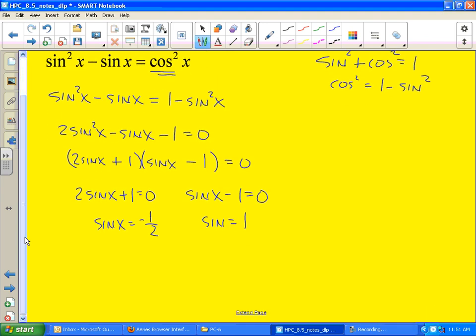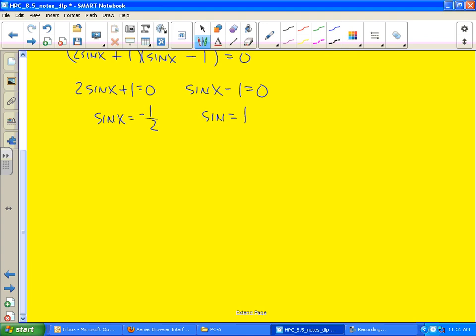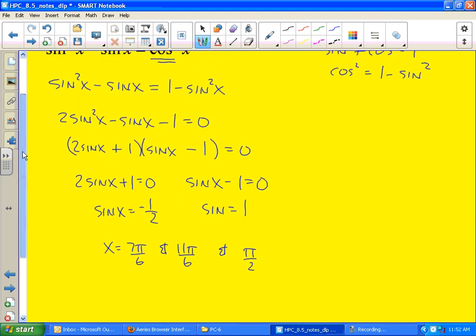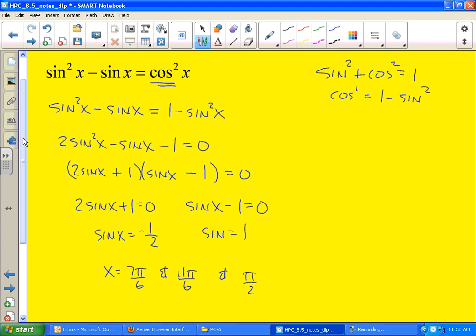And then we're in radians, so what's our radian answer for this negative 1/2 relationship? That would be 7 pi over 6, and 11 pi over 6. And for this one, for sine of 1, it would be pi over 2. Check. See if these are